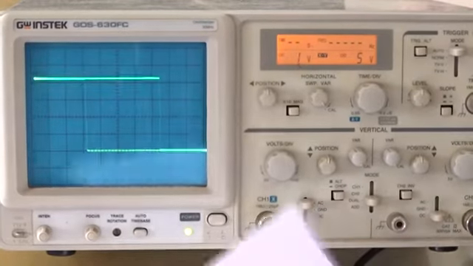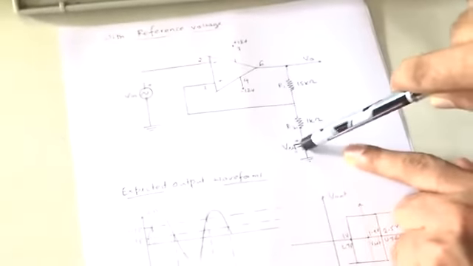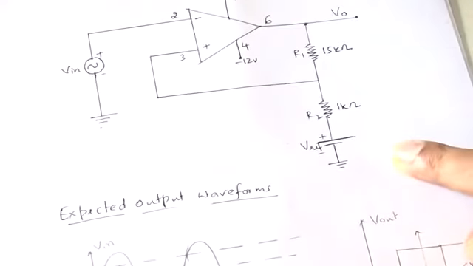So the next circuit is the one with reference. A small change you have to make in the circuit diagram. Same circuit diagram, the input voltage I am not going to change, I will connect it to the inverting input only. And in the previous circuit I connected this R2 resistance directly to the ground. Now in this circuit I will use one reference voltage, and the positive terminal of the reference voltage is given to the resistance R2 and the negative terminal is connected to ground. So these are the changes you have to make with the reference circuit.